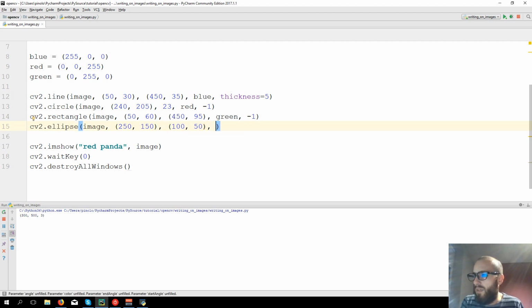Now the angle, so this will be for the rotation. Now we will use 0. The starting angle, again we say 0. The end angle, so we need to complete the circle. So for 0 it's clockwise, 360 degrees, and you close the circle, in this case the ellipse. 360. The color,